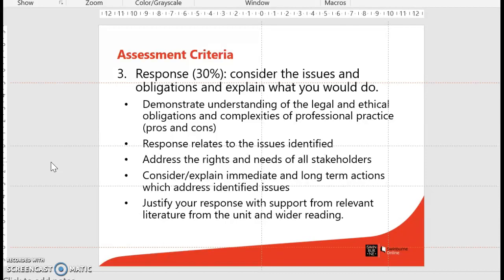Yeah, and that's a really good point. In complexities, if it's difficult for you to start discussing complexities, think about the reasons for using certain documents and think about the reasons for not using certain documents. So really look at both sides of it from different perspectives. So your response, analysis and discussion will all weave together. However, you can set out your case study in a number of ways, which I'll discuss in a minute.